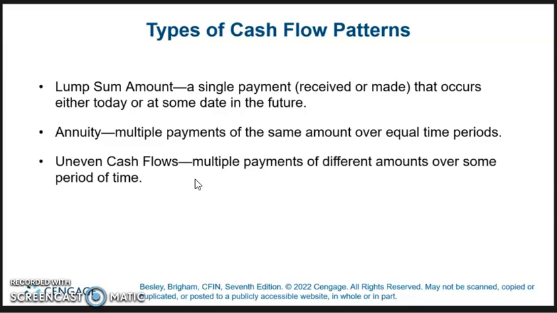And finally, we have uneven cash flows: multiple cash flows of different amounts over some period of time. Uneven cash flows are what corporations typically deal with, because in most cases the cash flows aren't necessarily certain